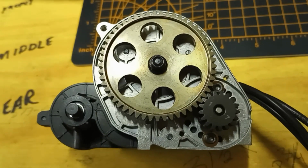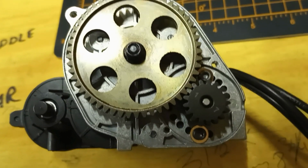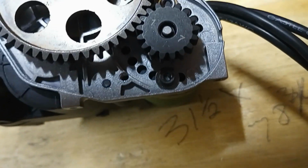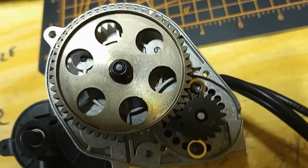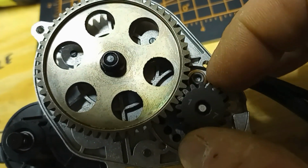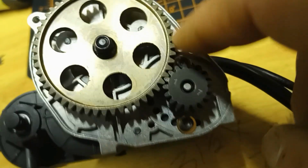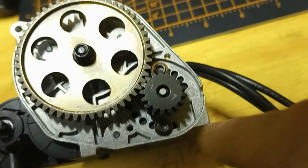All right, so we got the motor in the transmission. That shim is in there. My lighting's kind of bad, but you see the shim is in there. And the mesh on the gearing is as good as it's going to get, because there's specific holes for each pinion. So I'm on the 17,